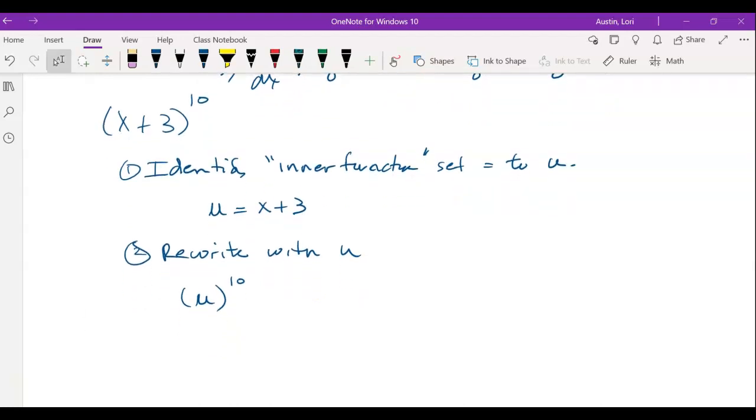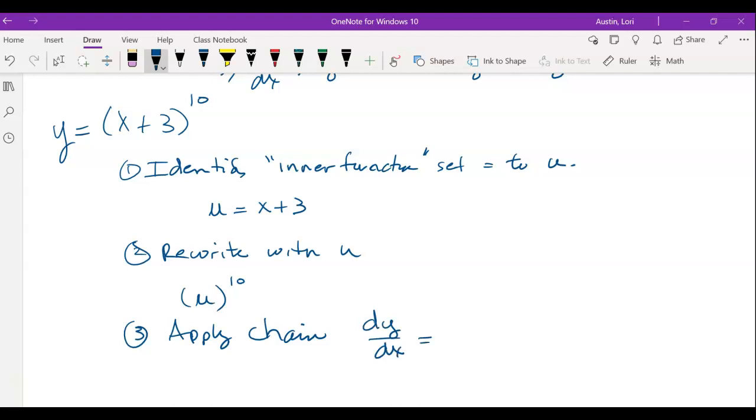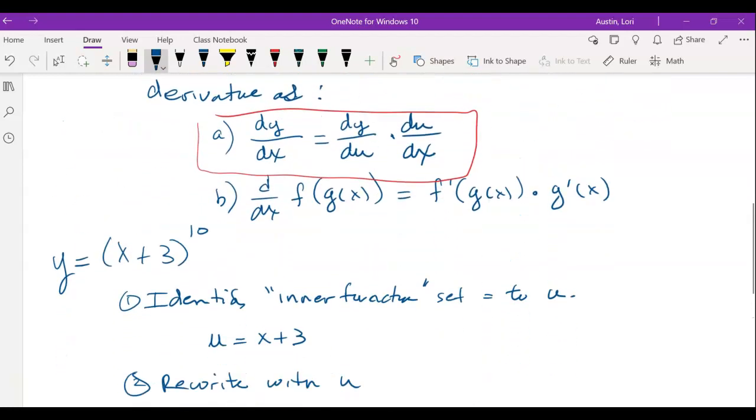So what did the chain rule say? I'm going to let this be y, just to identify some things. Chain rule says, so step 3, I'll say apply chain rule. And what's the chain? Well, I want dy dx, and that's going to be equal to, come back up here, dy du